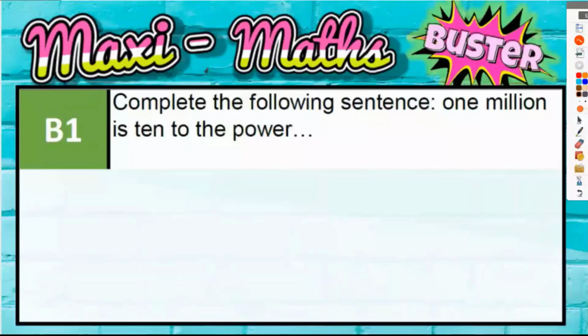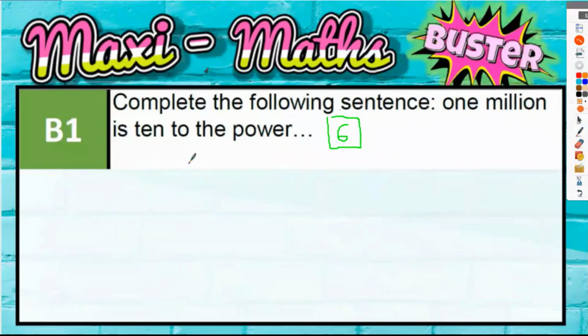Okay, question B1. Complete the following sentence. 1 million is 10 to the power of what? Now, the correct answer to this is 10 to the power of 6. Now, if you didn't know that 10 to the power of 6 is 1 million, let's have a look at